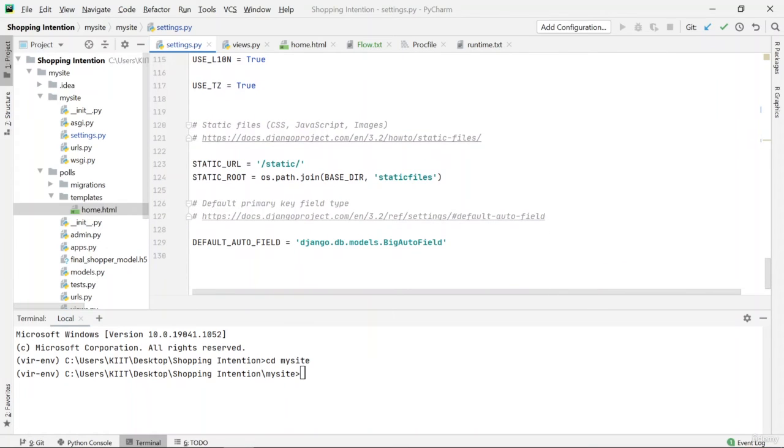So while you have predefined settings and predefined views given to you by Django, you still have to make some changes so that you can go to production. The first change is you have to add this STATIC_ROOT. It is basically telling you that once this code goes to production, you have to collect all the static files present in the code and build a static files directory, and all of those static files have to be put inside this static files directory itself.